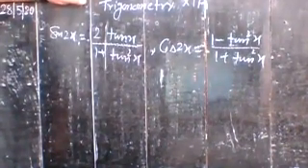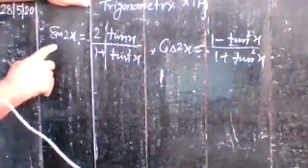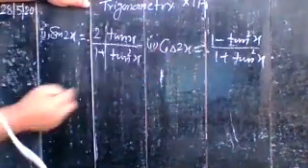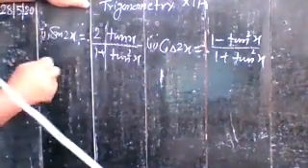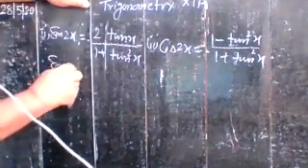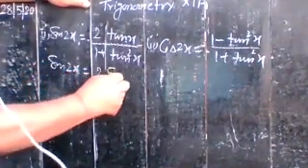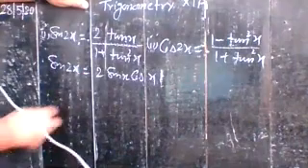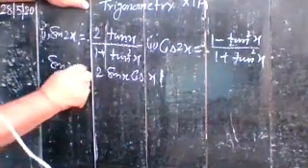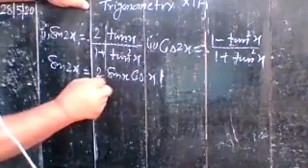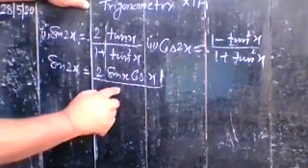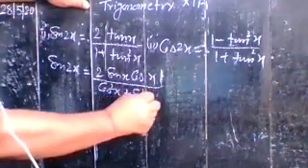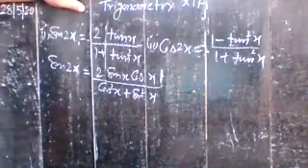Now, how do you prove that? Suppose that is the first part, and here you have the second identity, and you want to prove the first one. So sine 2x can be written as 2 sine x cos x, which you know about. And suppose here you have 2 sine x cos x upon 1, and this 1 can be written as cos square x plus sine square x.